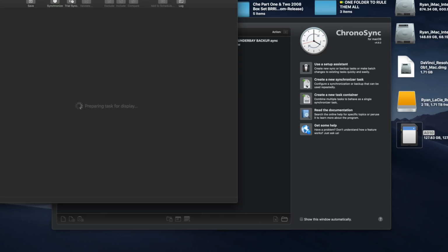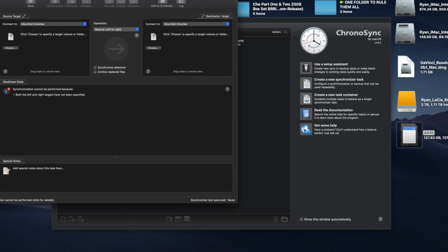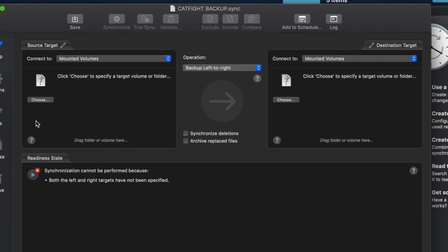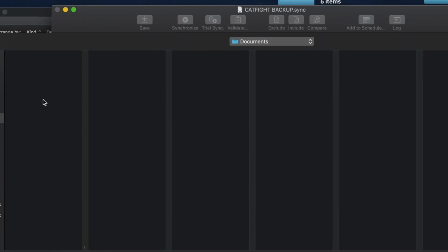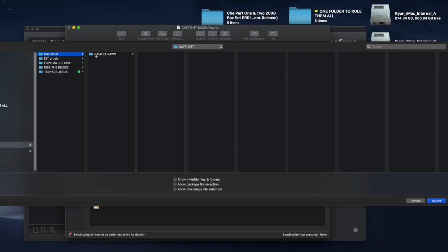So for instance, you go over here, create a new synchronizer task, and we'll label it Catfight Backup, let's say. And then it's really simple. You just go to choose right here for your source target. So you would select the raw footage. Why don't we just come right over here, we'll do Catfight, camera raws, 810, let's say right there. Hit select,